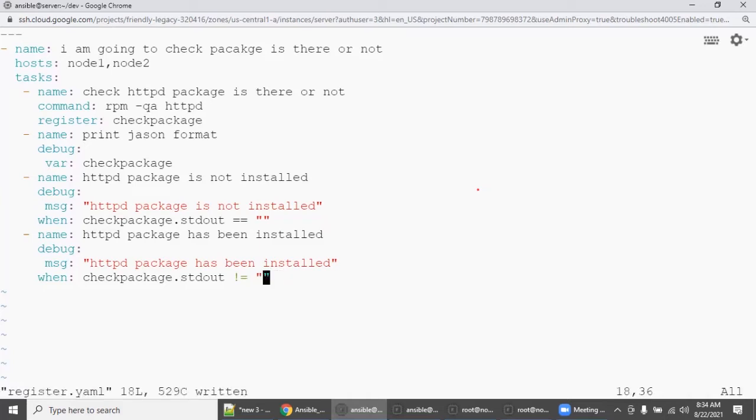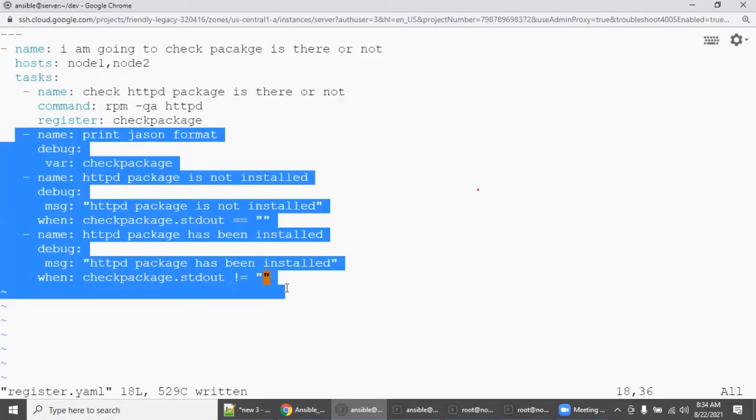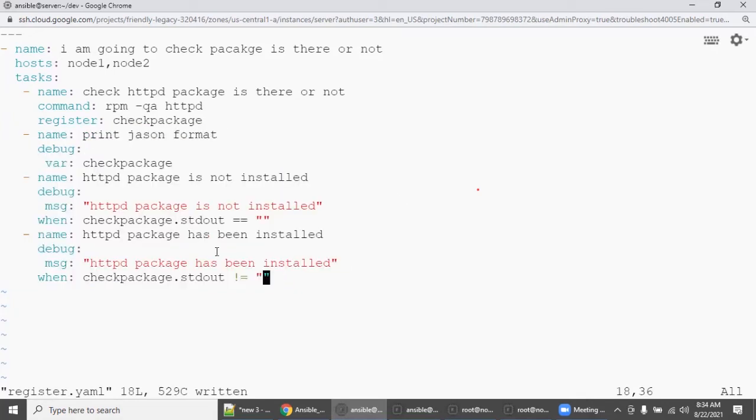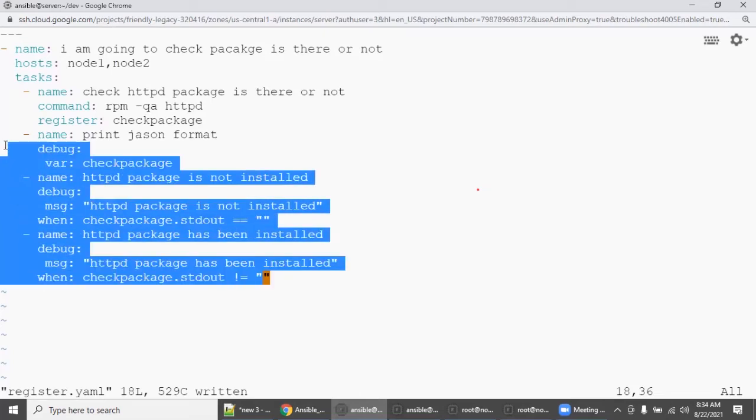So I'm saving it. Actually, to be frank, in production playbooks this is really not needed. This is just to understand until you get some confidence in Ansible register based playbooks. It is not needed, but it is not going to harm any of your deliverables. So better you apply this, so that even if you resign, the next person who replaces you will have a better understanding of the earlier playbooks created by you.